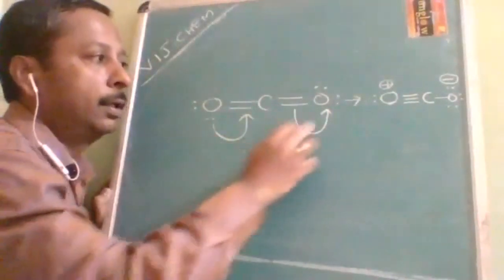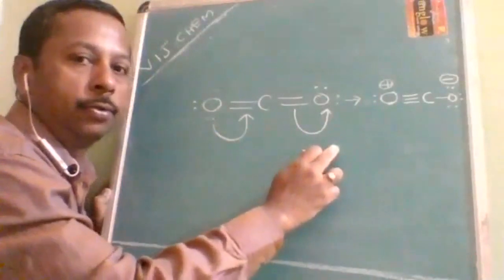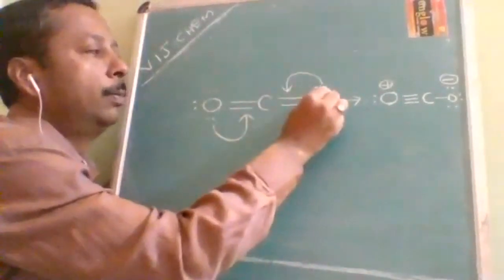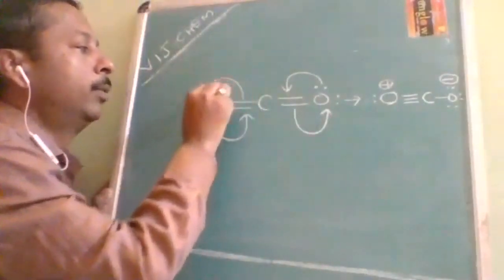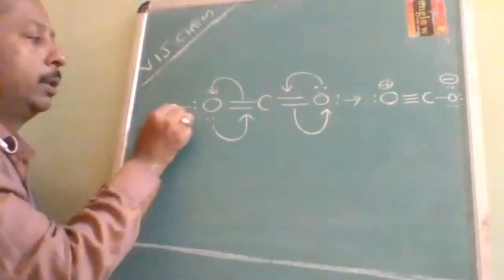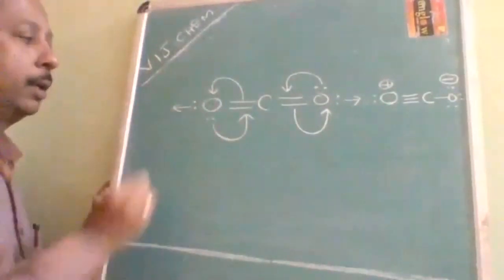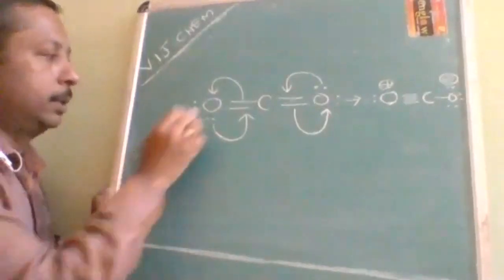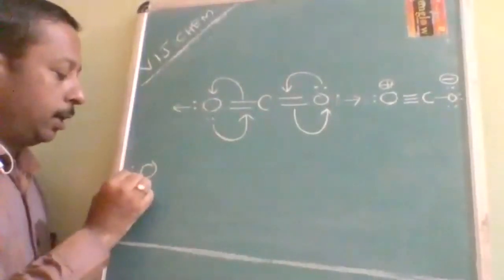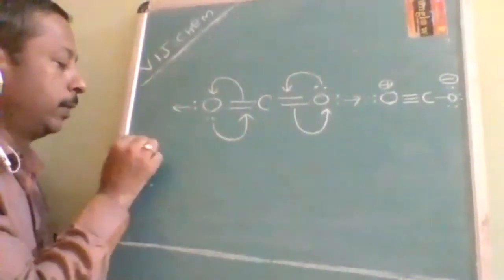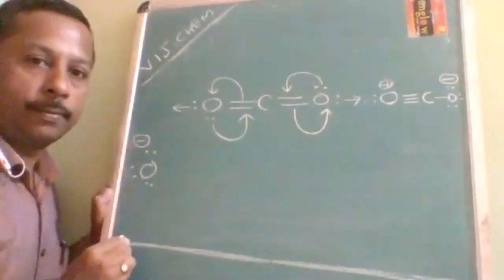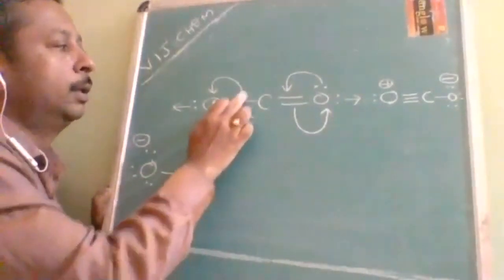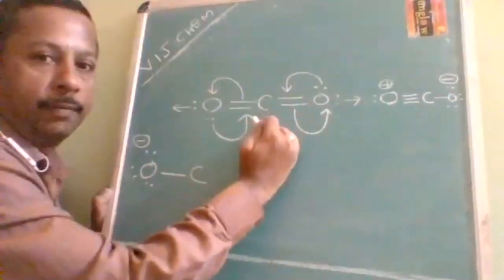It is not necessary that the flow will be in this direction. The flow can also be in this direction. That means pi bond, lone pair to pi bond and pi bond to lone pair. Then in this direction the structure is going to be like this. I am drawing this oxygen, which already has two lone pairs. Now it will get one more lone pair with negative charge. And this is going to be a single bond. In this direction, don't mingle it with the other direction.